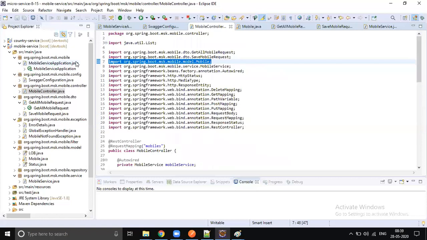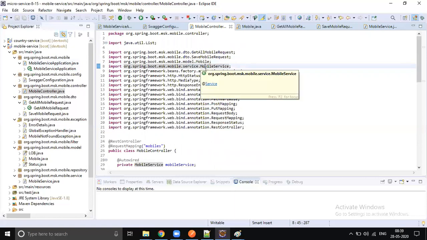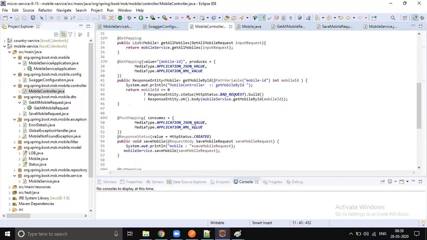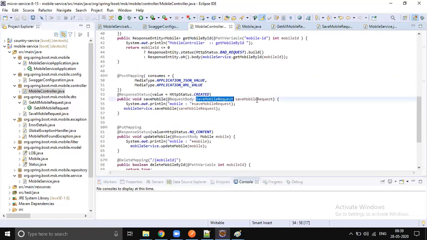We will create an equivalent mobile DTO class. Only DTO classes need to be used in the controller section. But let's start with the save request first. So let's start the service.